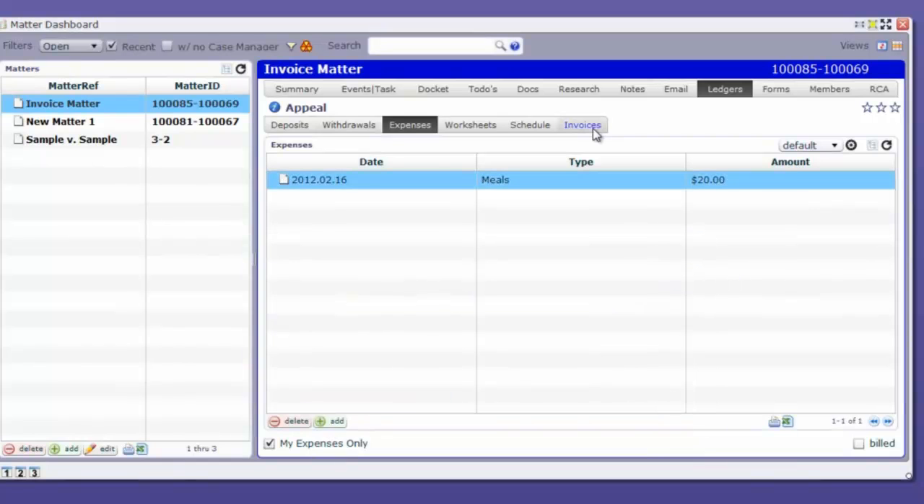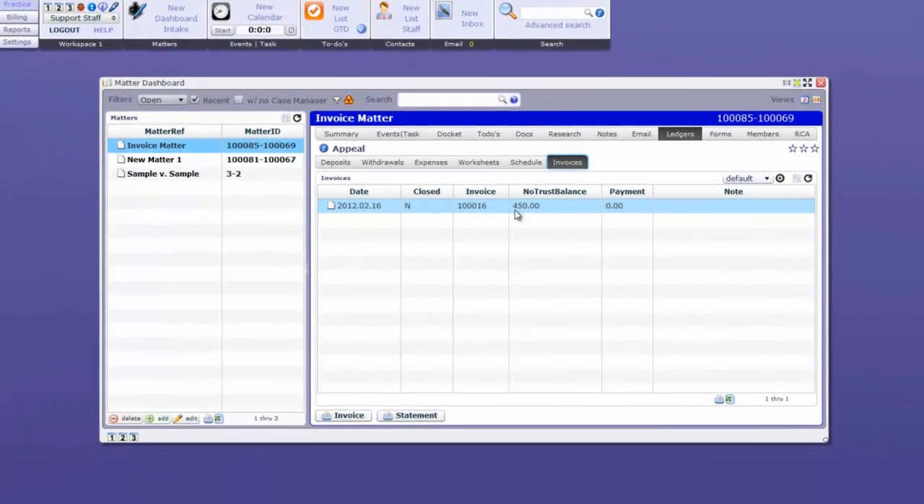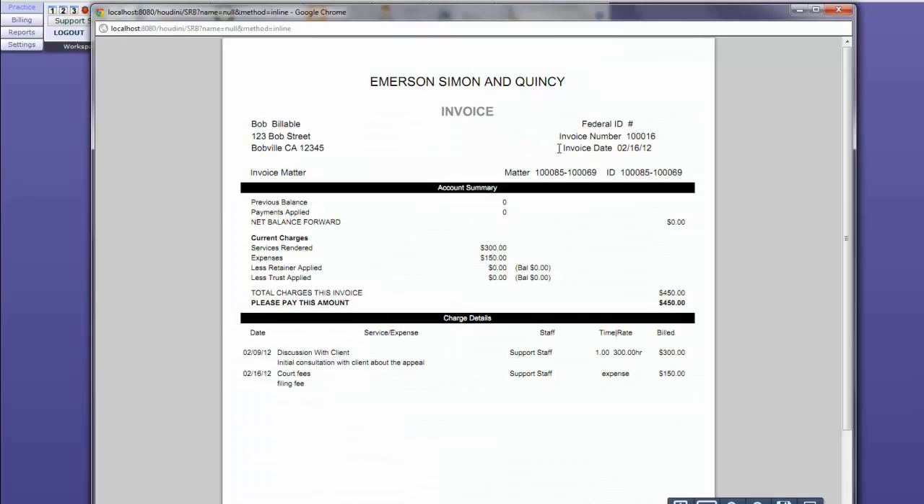Let's go ahead and jump over to the invoices section. As you can see, I've already generated an invoice for this matter, so let's go ahead and take a quick look at it. I've invoiced out $450, and this is our invoice right here. It's going to include the firm name, invoice,